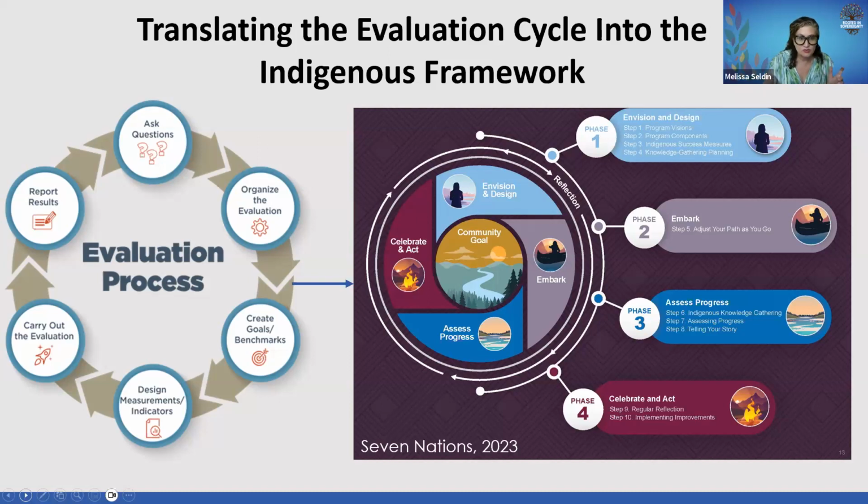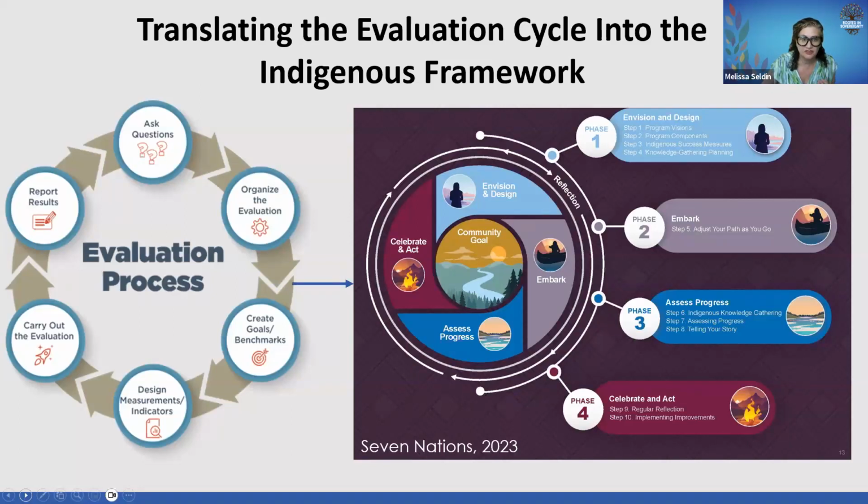And then to carry out the evaluation, to assess progress, you may want to use more commonly held Indigenous forms of knowledge gathering: talking circles, journeys, storytellings. And then finally, to celebrate and act, you're going to want to have a regular reflection with the community, implementing improvements as decided. And so this is far less